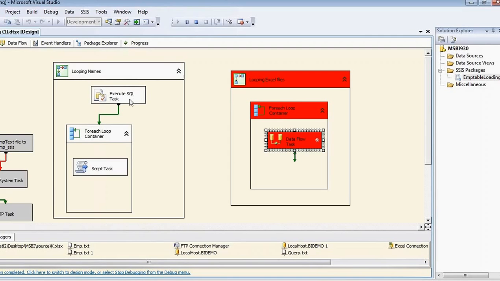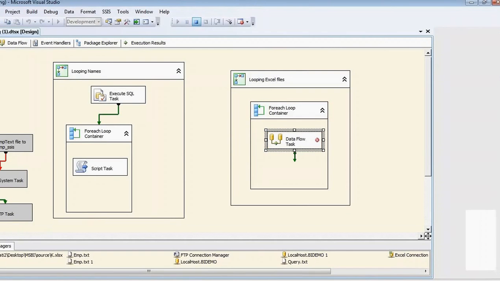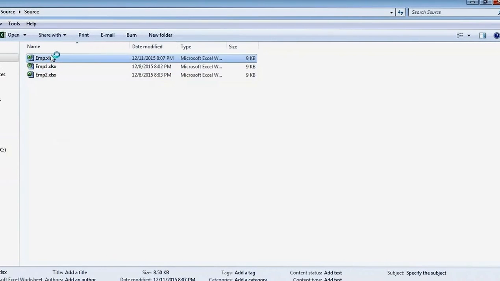Sometimes in SSIS errors come like this. I think the data is deleted, but it is showing a kind of error. We'll check here. It is executing only one file and then it stops. So what is the reason? Is there any difference between the file structures?